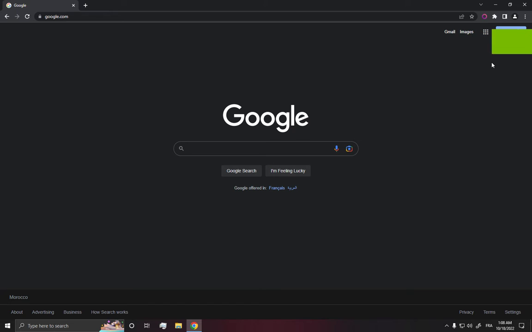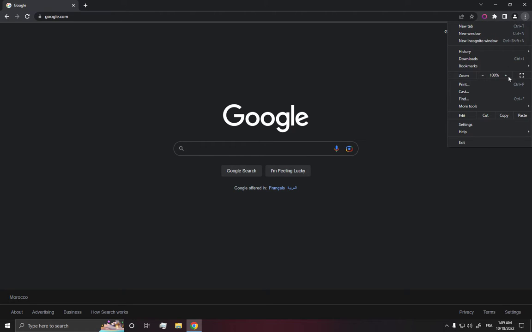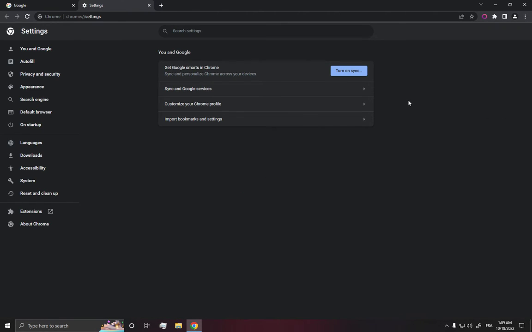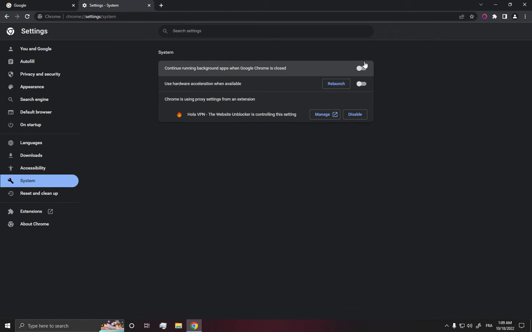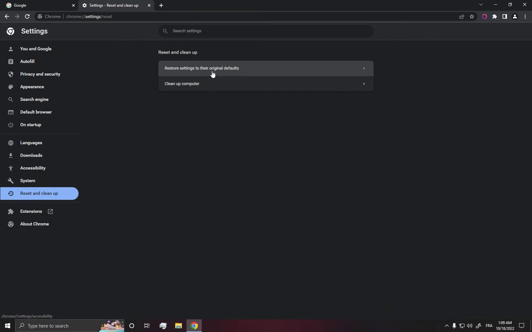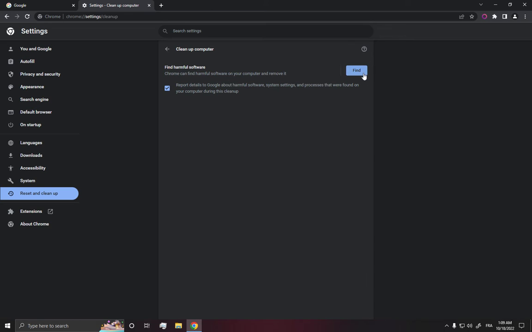Hello guys, all you have to do is go to Google Chrome. This is the home page. Go to the top here, click on those three dots and go down to settings. Then all you have to do is click on system and make sure to disable this option here and this option too, and then go to reset and cleanup, and then click on cleanup computer, click on find,